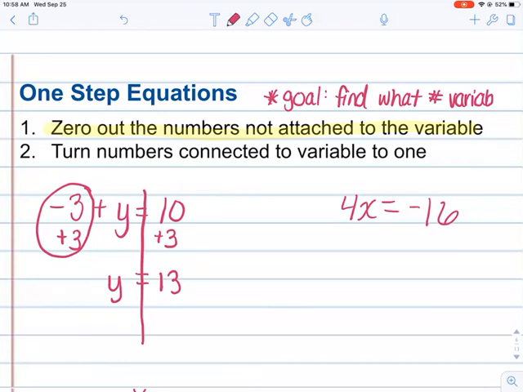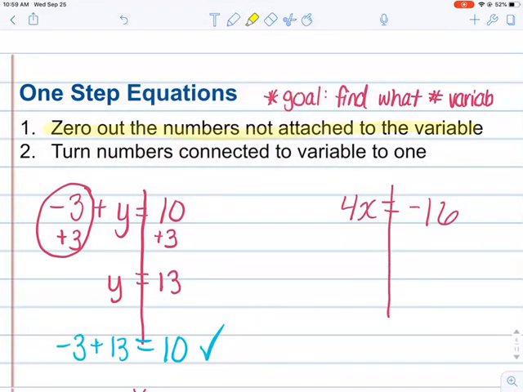You can also check your answer. We can plug in our answers, so instead of -3 plus y equals 10, -3 plus 13 equals 10. -3 plus 13 is 10, so it checks. You can always substitute your answer in to verify it. Okay, so for the next one,